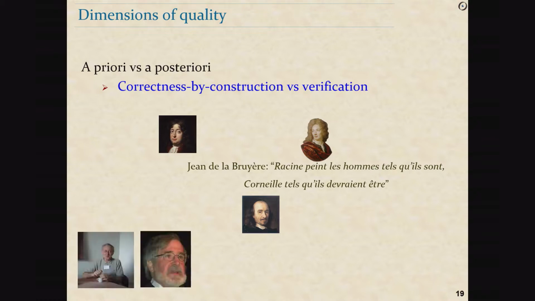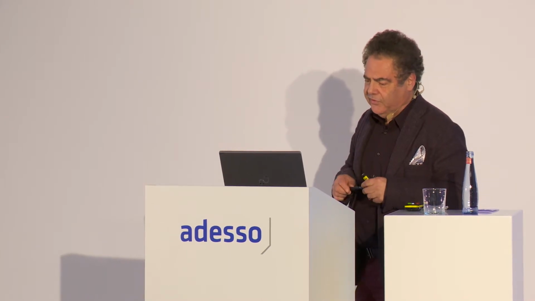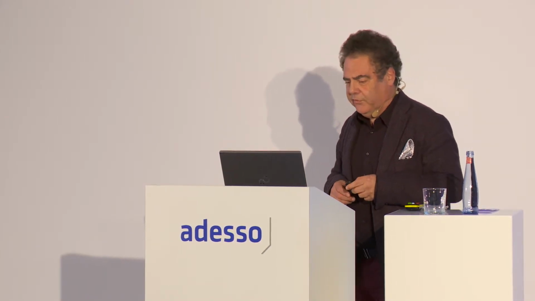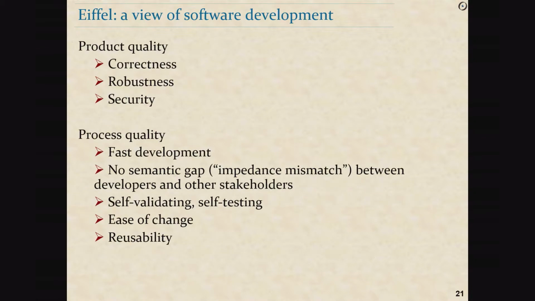So this is like the verification people, Cousot, or the model checking people, versus correctness by construction people like Dijkstra. And of course, the answer is we need both, right? Trust and verify, or don't trust and verify. I mean, build for trust and verify. Another orthogonal axis is product versus process, and it's clear that we need to get both of these aspects right.